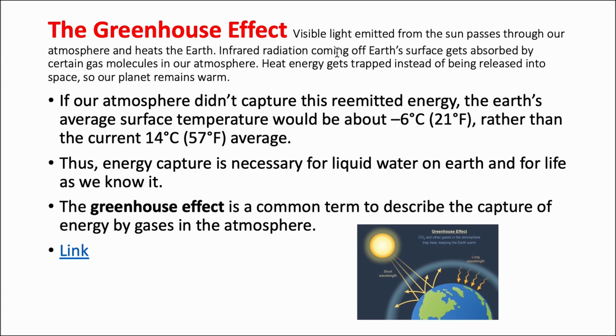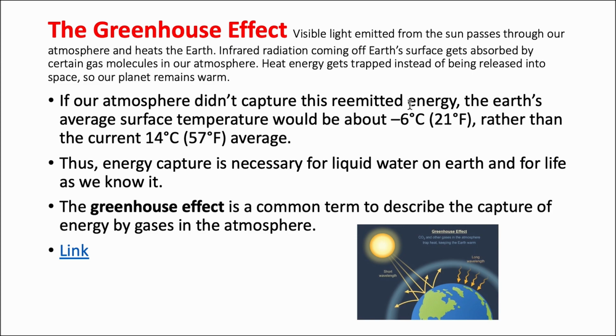The greenhouse effect is the visible light emitted from the sun passing through our atmosphere and heating the Earth. Infrared radiation coming off of Earth's surface gets absorbed by certain gas molecules in our atmosphere. Heat energy gets trapped instead of being released into space, so our planet remains warm. If our atmosphere didn't capture this re-emitted energy, the Earth's temperature on average would be about -6 degrees Celsius, right? So if there were no gas molecules trapping the infrared radiation,